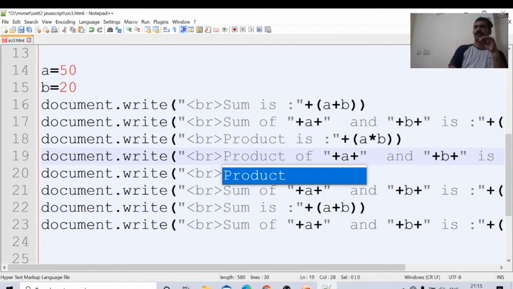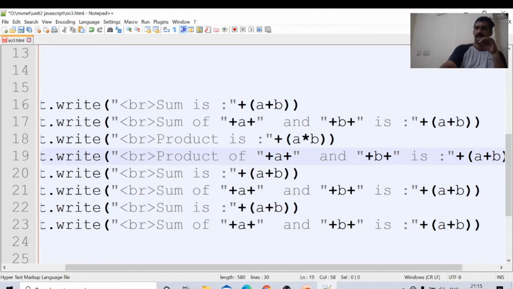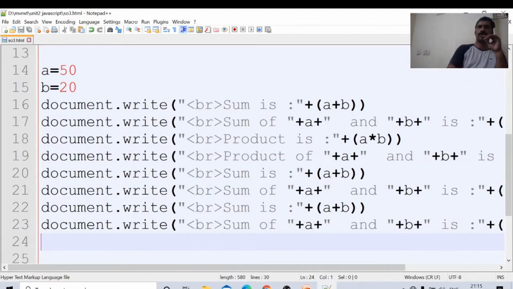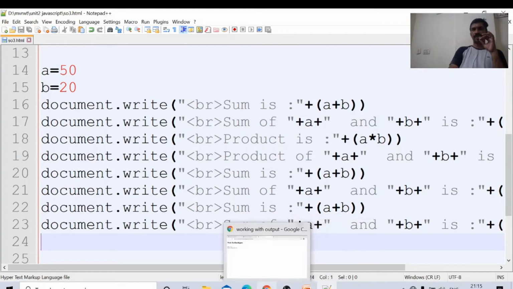Product of a and b is a star b. Control S. Okay, the others I am keeping like that only, just sum and product. so3.html. Go through this file.